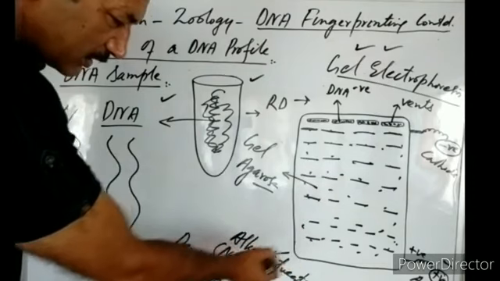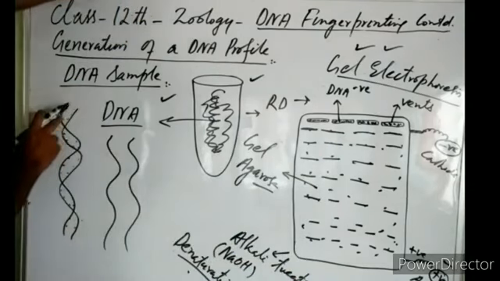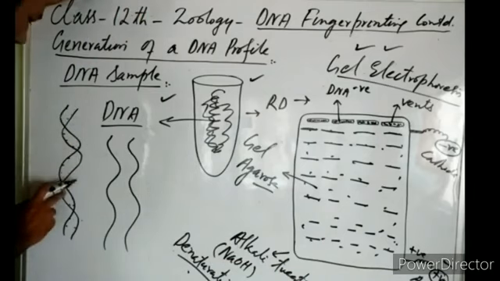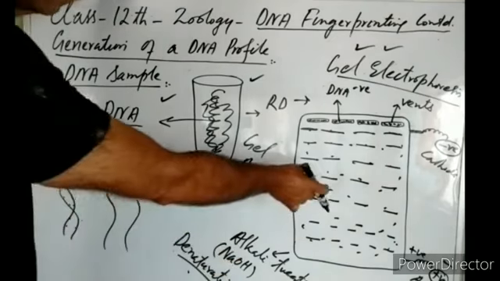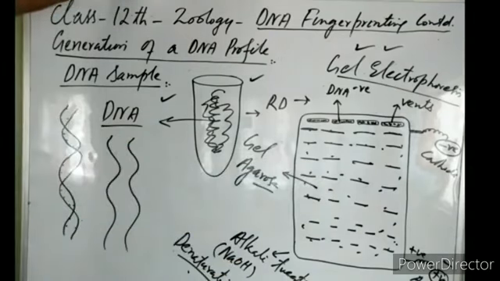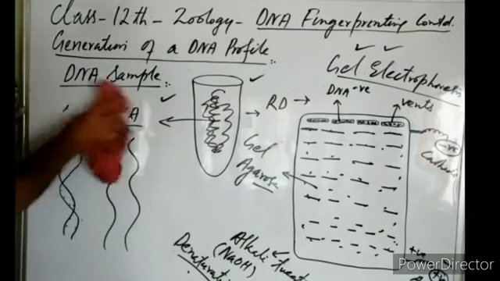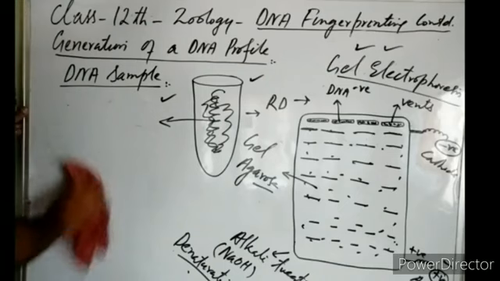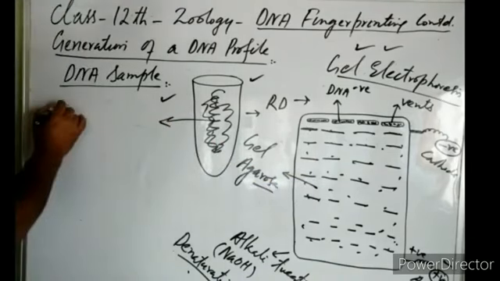When alkali is added to this DNA, alkali breaks the hydrogen bonds between the two DNA strands. When the hydrogen bonds are broken, the two DNA strands separate from each other, and double-stranded DNA fragments are now changed into single-stranded DNA fragments. This process is known as denaturation. After separating the two strands from each other by alkali treatment, this DNA is subjected to Southern blotting.